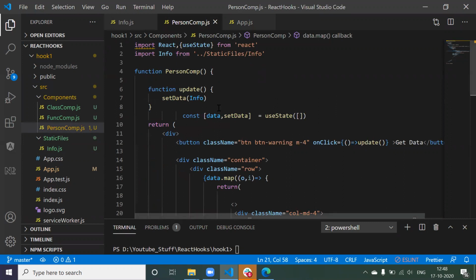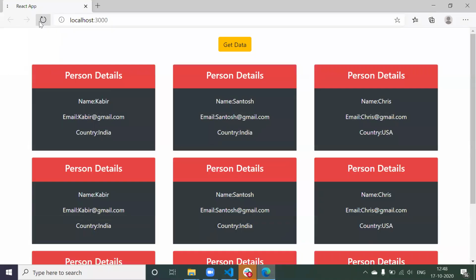The first thing, once you keep the data in the state, then you can use that data inside your component wherever you want, whenever you want, right? Here in this example, whenever the application is going to load, I don't have any data. Whenever I click on this get data, that time my state is going to initialize with that particular data. Initially the state data is empty, we don't have any data.